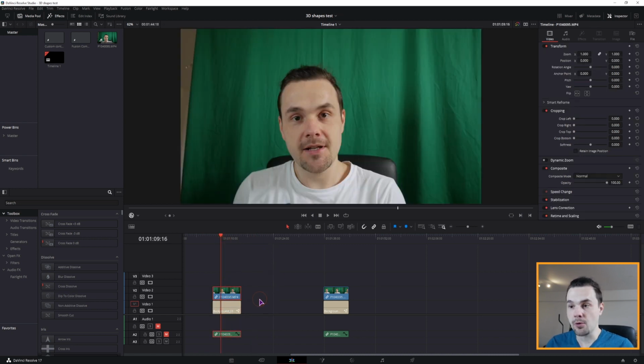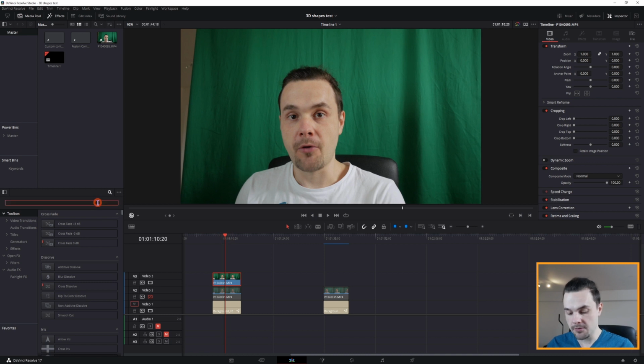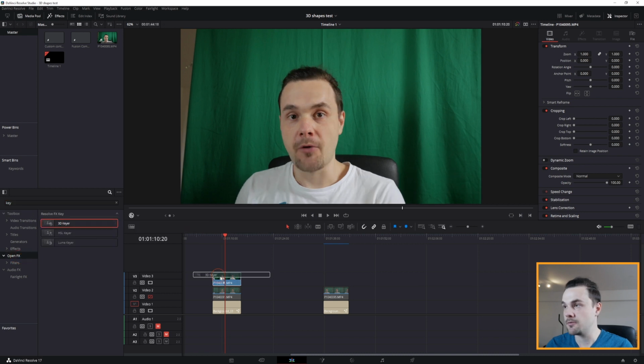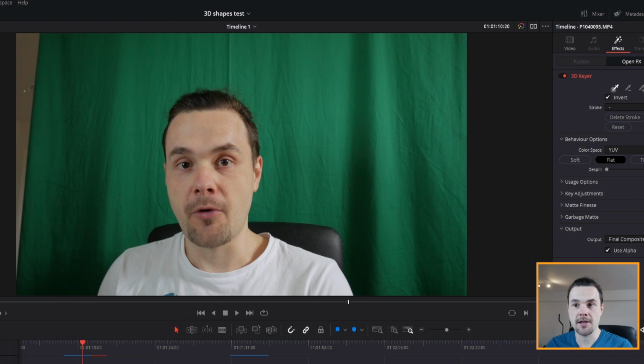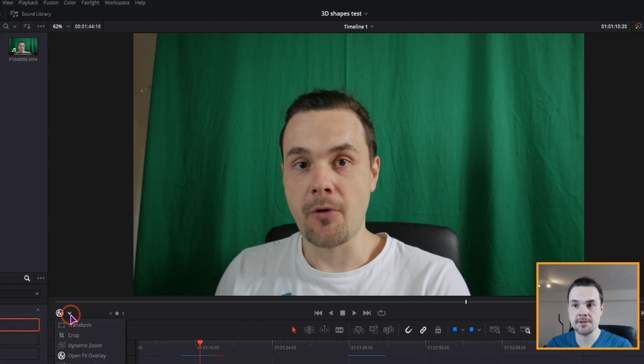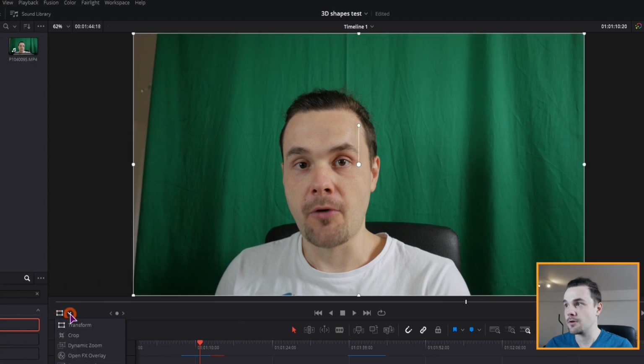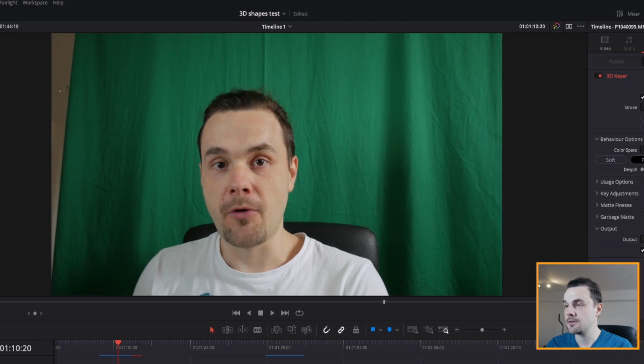Now for this effect to work, you need to duplicate it, and I'll just delete all of the audios. So we'll apply the mask at the top clip, so I'll simply disable this one at the moment. So now in the effects you'll want to type in key, and go to open effects, use the 3D key here, apply it to the clip, go to effects, make sure that effects is enabled, by default this is enabled. So effects, go to the effects, check this button,